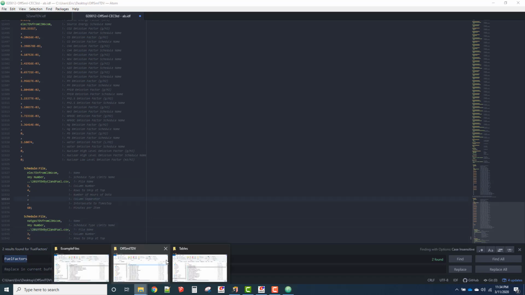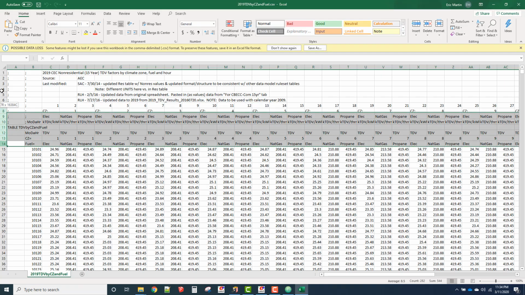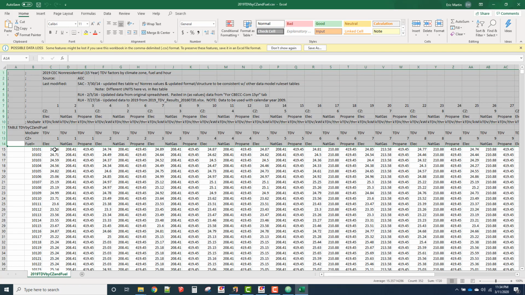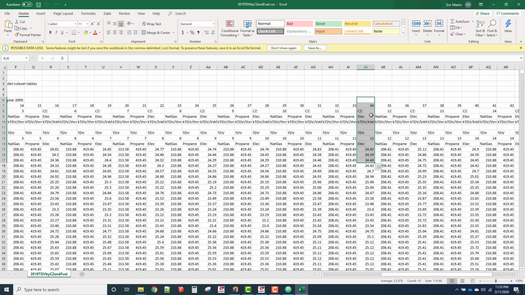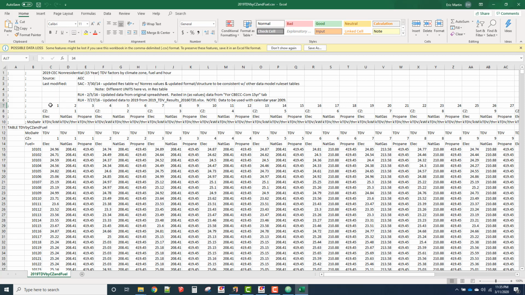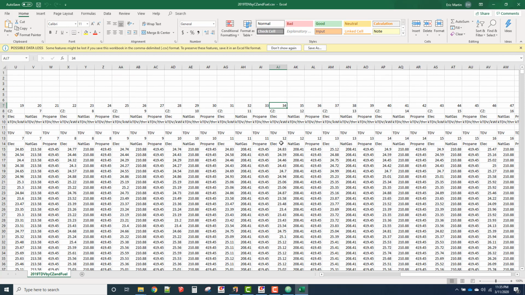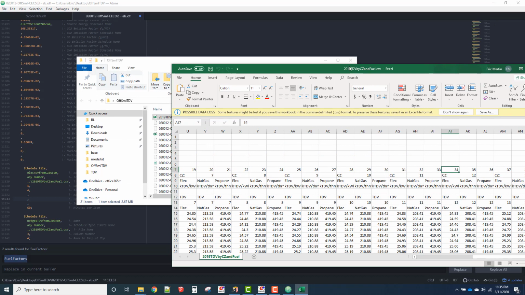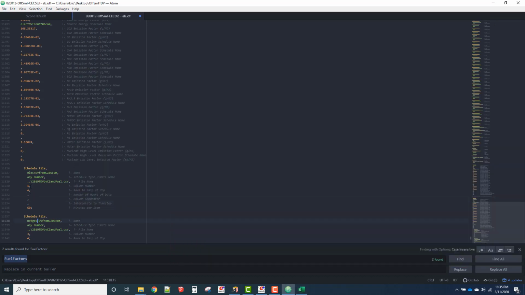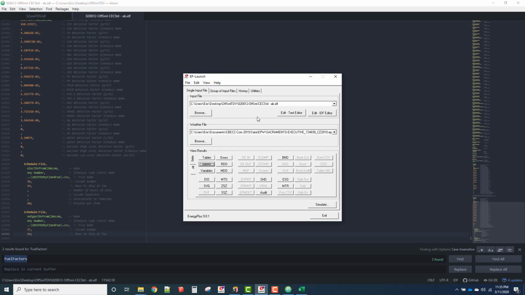And if we open up that CSV file, we can see we want to skip 14 rows before we get to our first TDV value. And for climate zone 12, the electricity TDV column is in 34, but actually these numbers start in the third column, so we'll add 2 to that. So electricity, climate zone 12 is 36. Natural gas, climate zone 12 is 37. So we'll change that here. Column number for electricity is 36. Skip 14 rows. Natural gas, column number is 37. Skip 14 rows. And if we save that and run this model again,